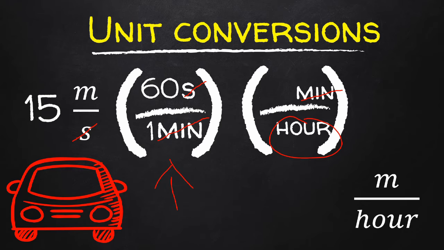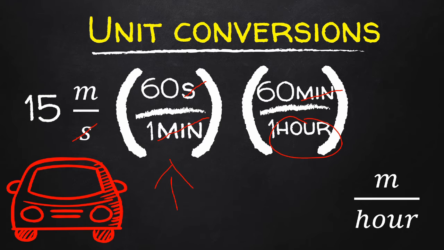So if we have 1 minute in the denominator, we must have 60 seconds in the numerator. And that's really it, which tells us that the next step is almost the exact same. 1 hour is the equivalent to 60 minutes. So all we have to do is 60 minutes in the numerator, 1 hour in the denominator. Now that we have all of this set up, and once again we can tell that all of our units